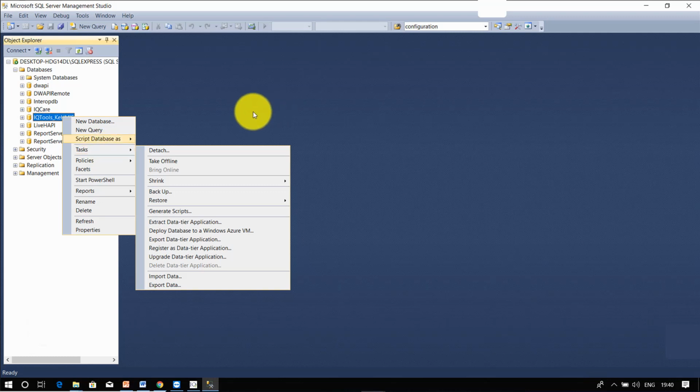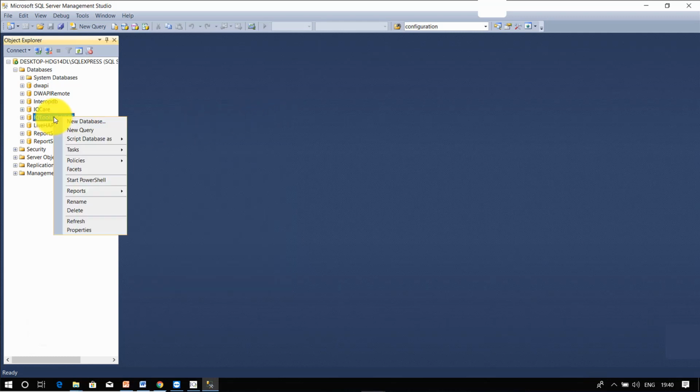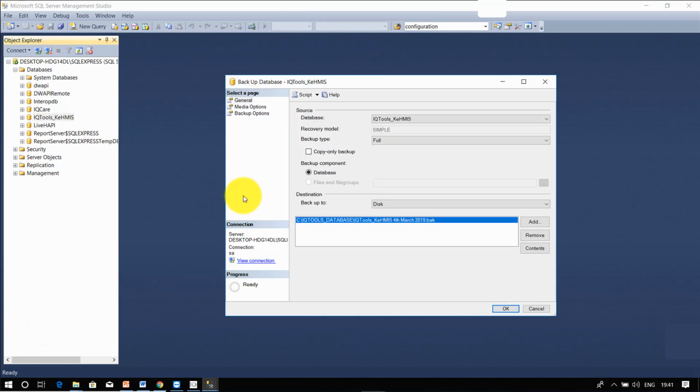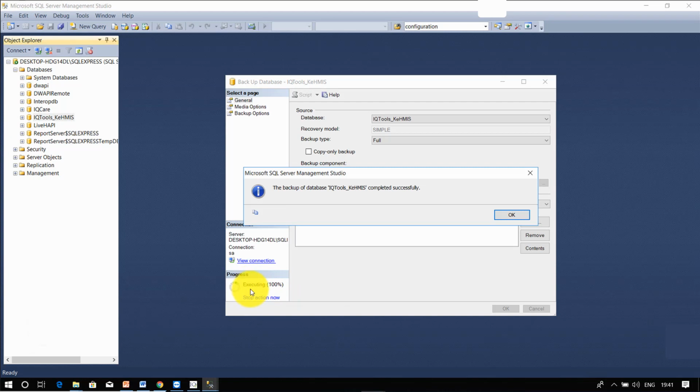To back up, right click on the IQ Tools Kenya HMIS database, navigate to tasks, click on backup, specify where you want, then click OK. You will be shown progress, and immediately it's done, it will tell you the backup of IQ Tools Kenya HMIS was completed successfully.